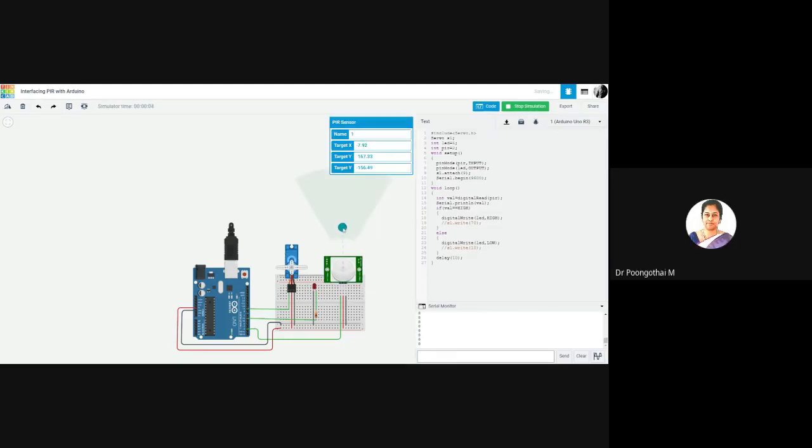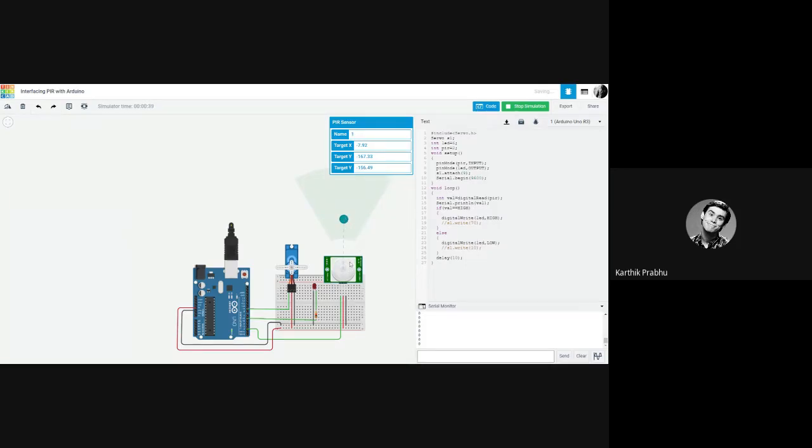If anything passes by the motion sensor, I get the value of 1 in the serial monitor. You can see that. If there's nothing in front of it, I get the value of 0 here. So my question is, do motion sensors work in the dark? Yes, ma'am. It can work, because motion sensors are always emitting IR radiation. Very good. When a person or animal passes by, it can detect the change in the radiation.